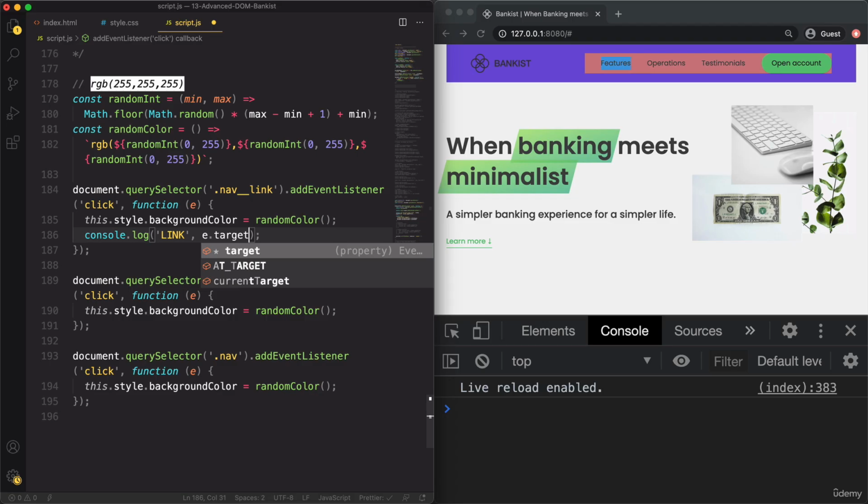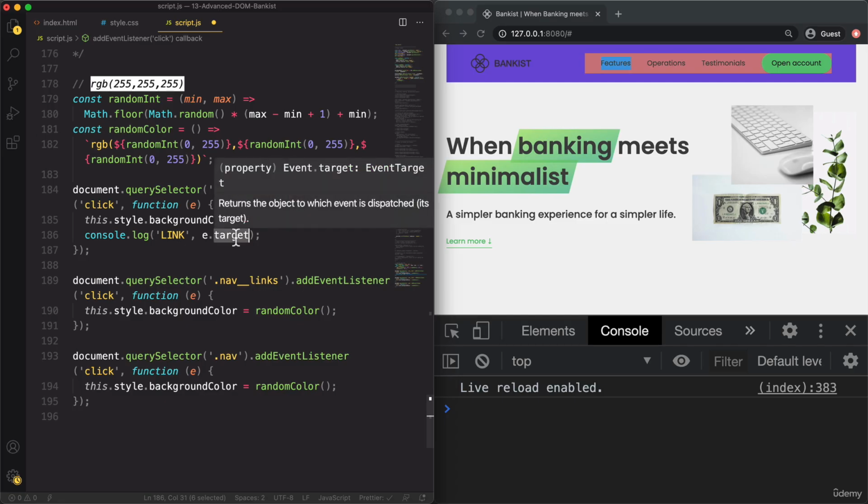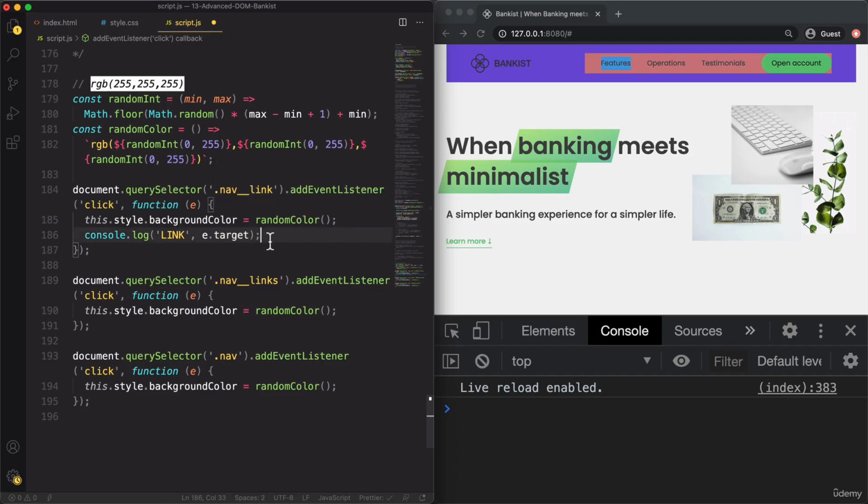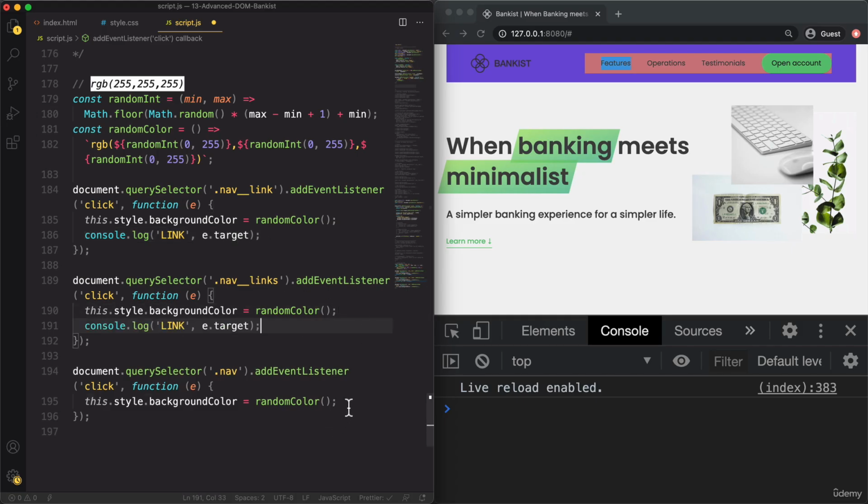Okay? So again, this is where the event happened. So in this case, where the click happened. And it is not the element on which the event handler was attached. So let me put the same here also. And let's call this one here the container